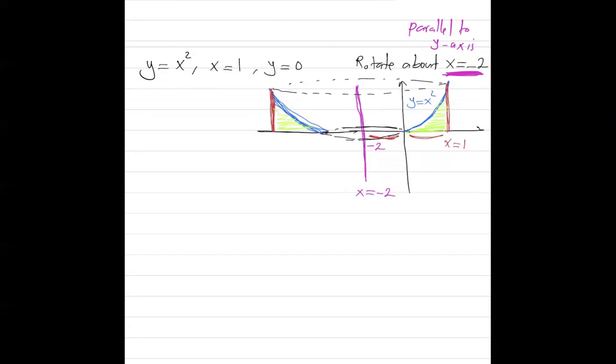But let us apply the shell method, right? Why not? In applying the shell method, if you look at a typical